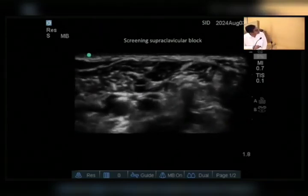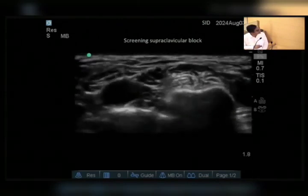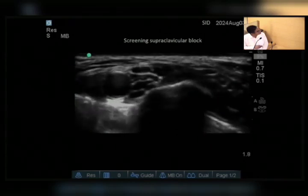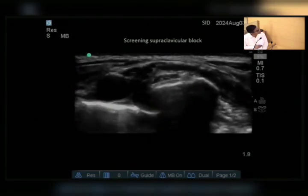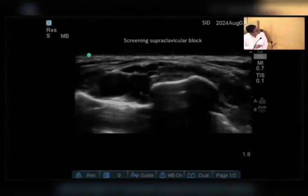See, again I am going on interscalene. This is C5, C6, C7, C8 ventral rami, and this is rib, and from here we will find two nodules that will form the lower trunk. This is C8 and this is T1, in between the first rib and pleura. See,